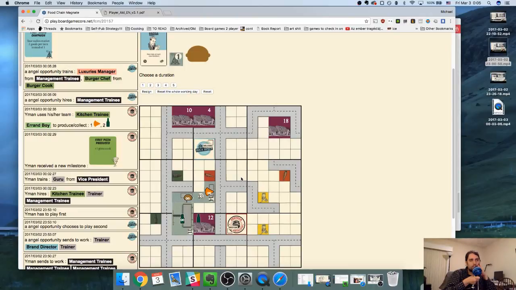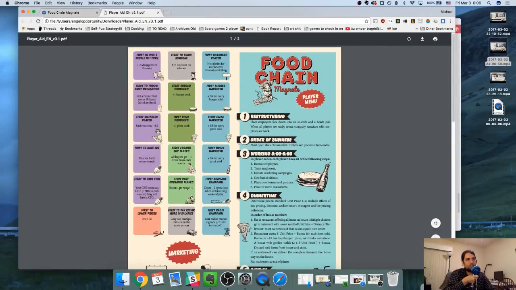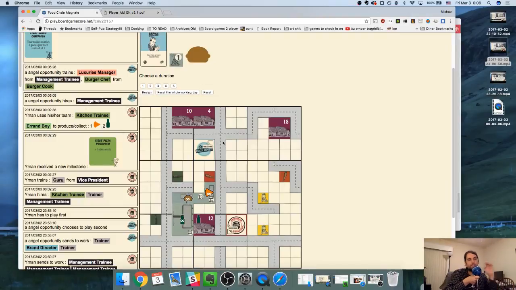There's quite a few things to consider here because what I'm doing is I have a timing window right now. I'm trying to get this milestone: first to have $100 gets plus 50% earned for each round. I really want to get that. This is cutting it close though, because let me think about this. There's going to be 2, 4, 6 burgers